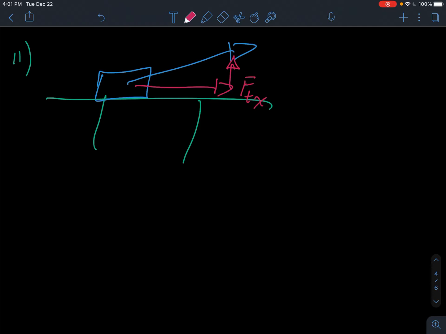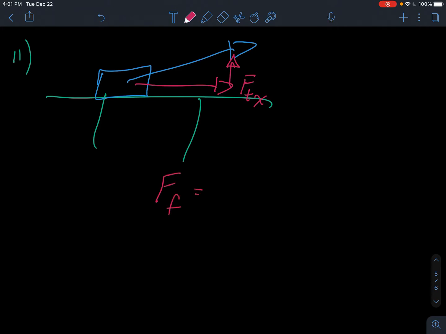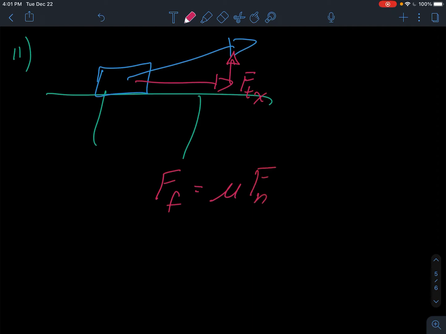So what influences friction? The mu is not going to change because the surfaces are the same, but the normal force will change depending upon the angle. So the greater the angle theta that I just put in there, the less and less X component will have, and the more Y component you'll have. So the more Y component you have, normal force will decrease, because the upward Y component of tension is supporting the downward, or it's taking some weight